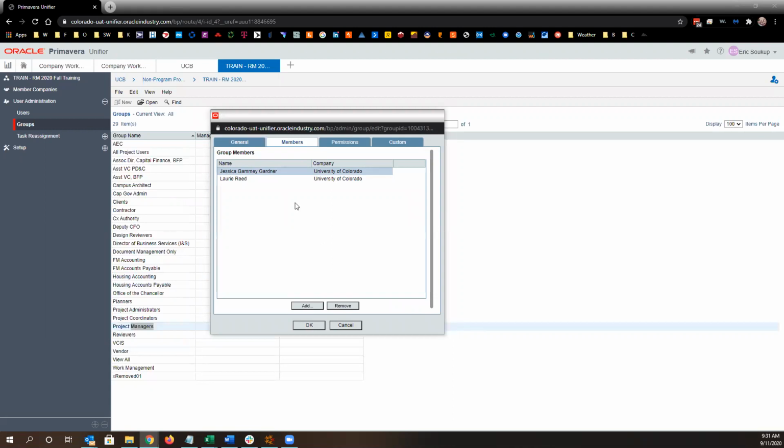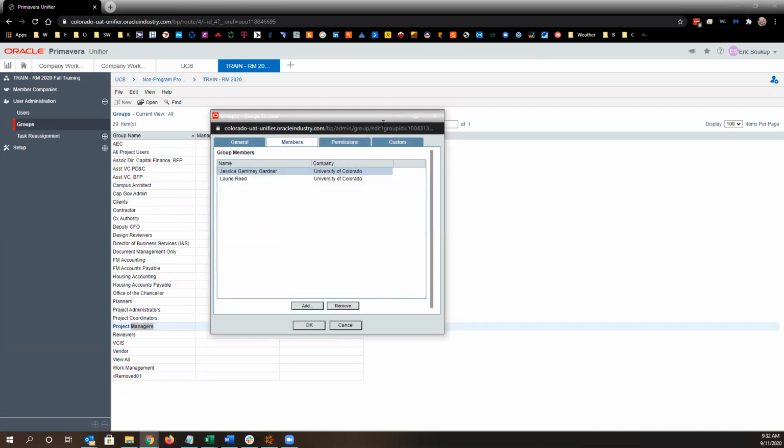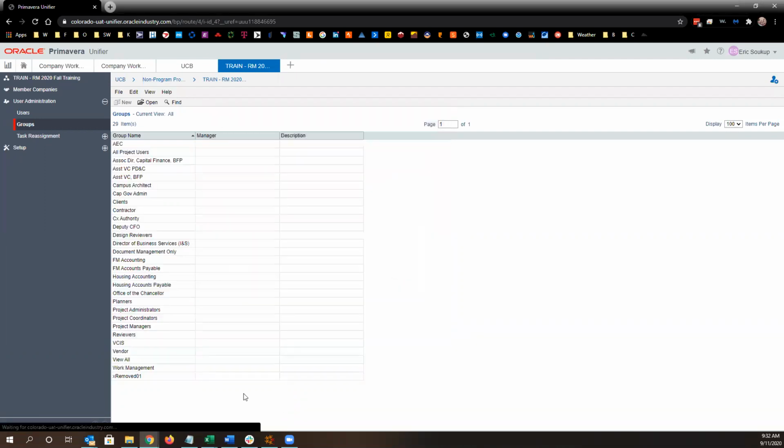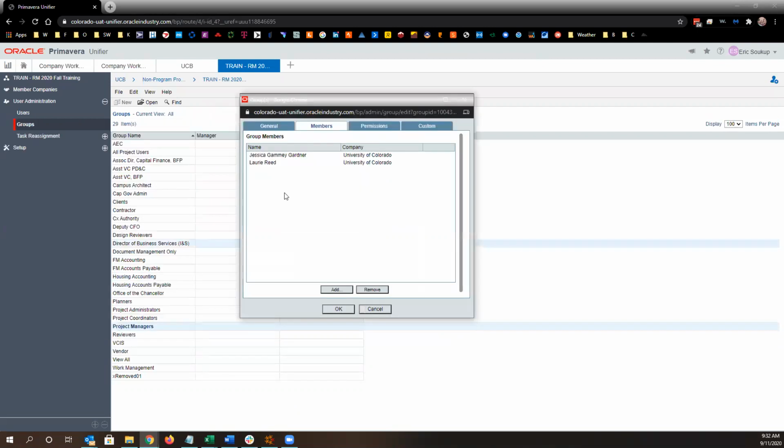Okay, so this was an error we ran into previously that we thought was resolved. Or actually, it might be that it's resolved in the new upgrade. But if you get that error, just reopen the group, because every time we've run into it, that user is still added to the group. But I'll double check. I'm fairly certain that it's fixed in the new version. But all right, my new user's there. I hit cancel. I reopen project managers. They're still there, so